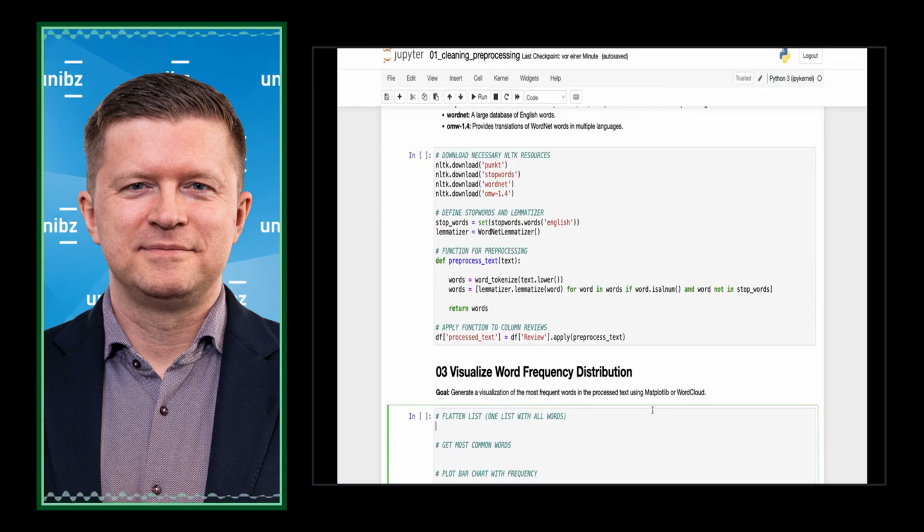words. We do that by first flattening the list, meaning we get one big list with all words. Let's start with that. Let's call it all words.